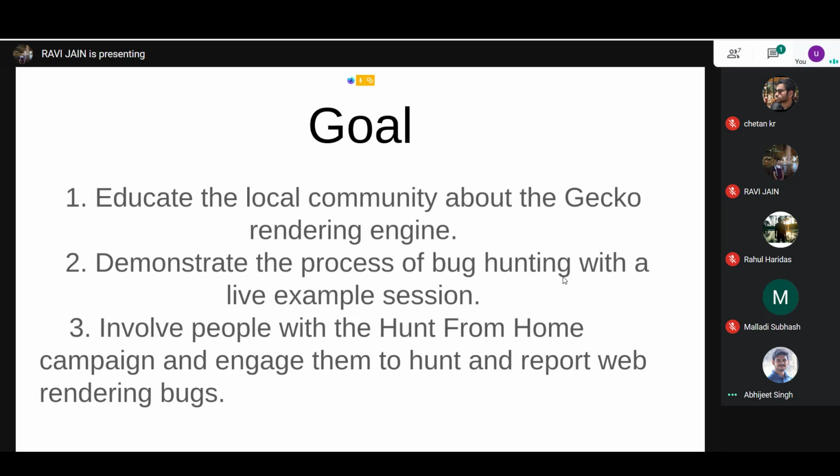So our goal from today's workshop is to educate the local community about the Gecko rendering engine. I've already told you the importance of it, apart from demonstrating the live hunting of a bug, of course. And then we would involve you, as Mozilla is currently running the Hunt from Home phase 2 campaign.